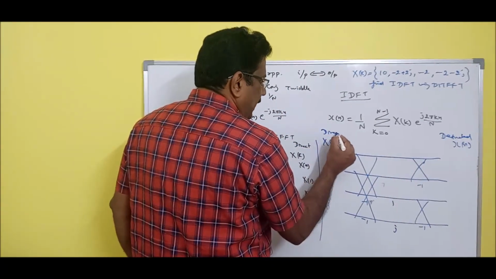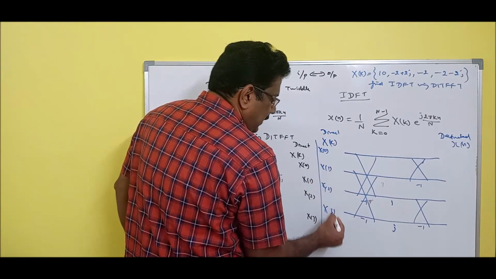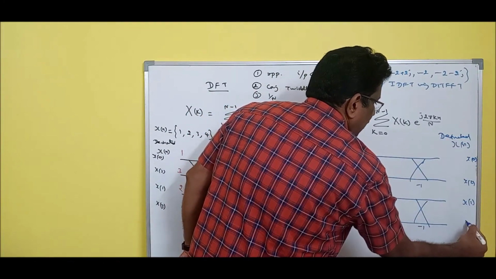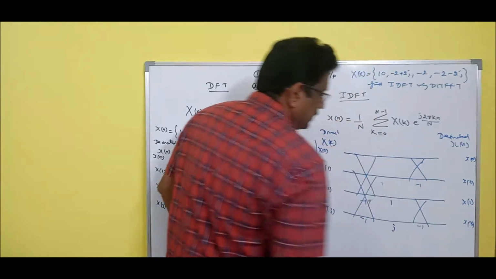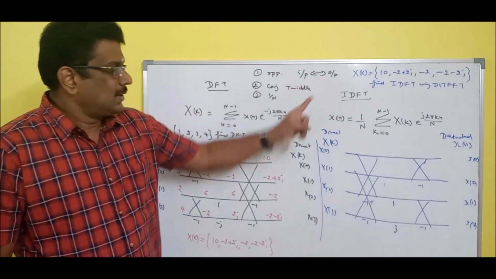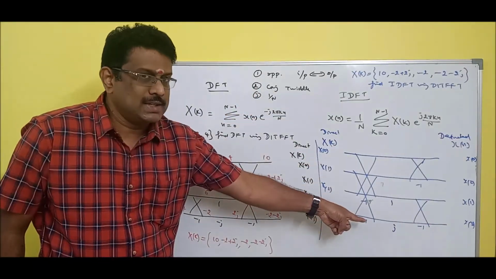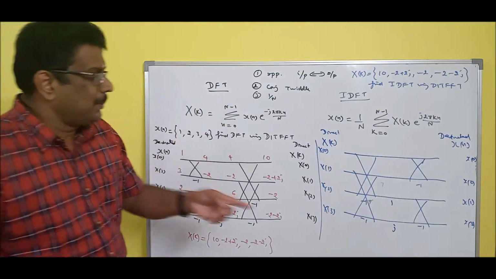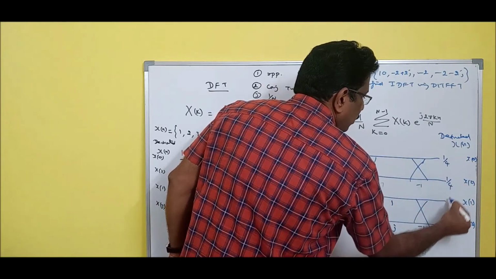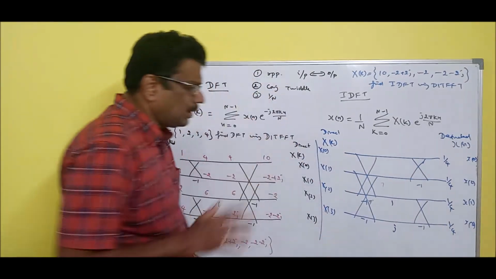So this side it should be direct. x of 0, x of 1, x of 2, x of 3. This is x of 0, x of 2, x of 1 and x of 3. What are the points I should remember? Input and output has to be interchanged. Frequency to time, so the diagram is opposite. Conjugate the twiddle factor, minus j becomes plus j. 1 by N at the end, because in the formula it is at the end, so it should be 1 by 4 here. Why 4? Because it is a 4-point, so 1 by 4. So everything is beautiful. The diagram is ready.